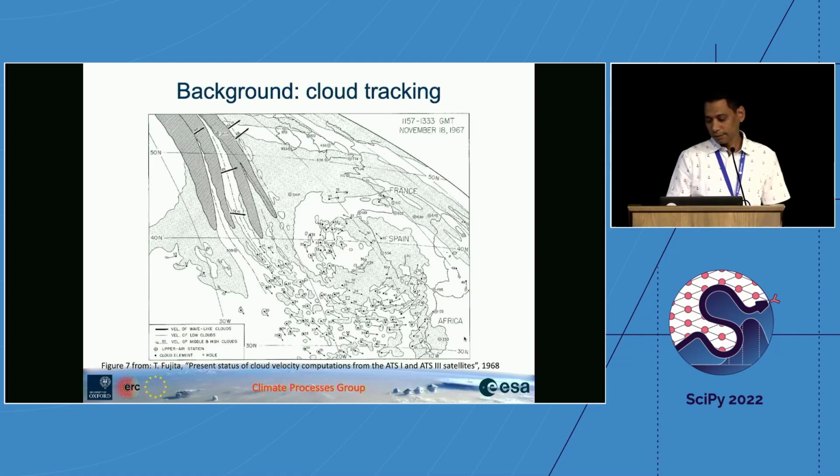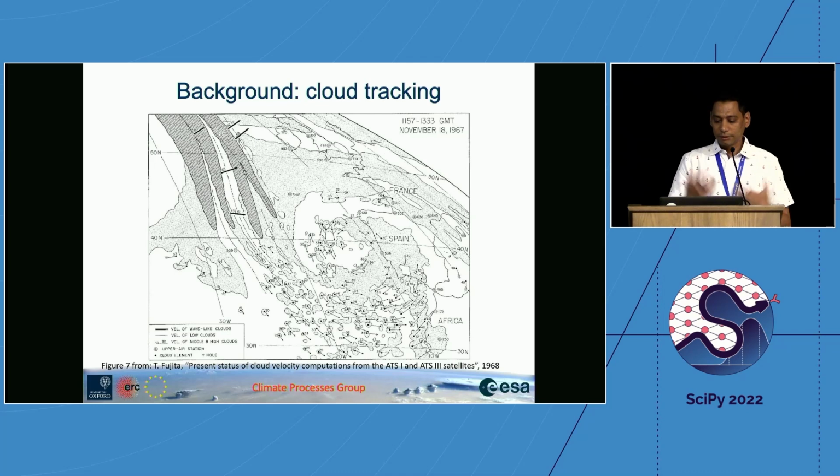So you can see that people have been tracking clouds since a very long time, and they wanted to study it because there are two domains and two ideas of studying this kind of dynamical systems. One is like an Eulerian domain where you basically take a region and study how everything in that region changes. So it's more like a statistical way. And then another way is actually to track the individual object. That's a Lagrangian way in which you track the object and study the life cycle of that object,